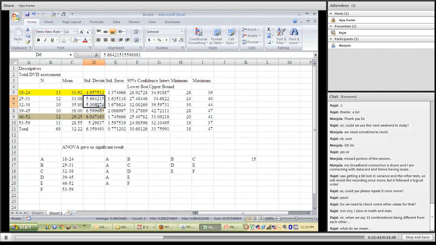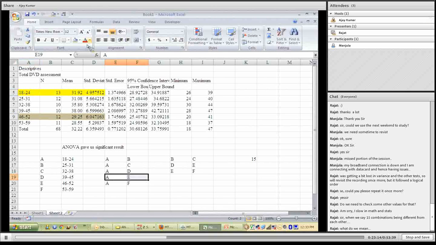But this difference of 4.95 and 6.4 is at face value looking very different. So maybe the young crowd from 18 to 24 is different from the middle aged group of people from 46 to 52, but the rest of the people are maybe not different from each other. And if this combination, we were taking this as A and this as E, so if A and E